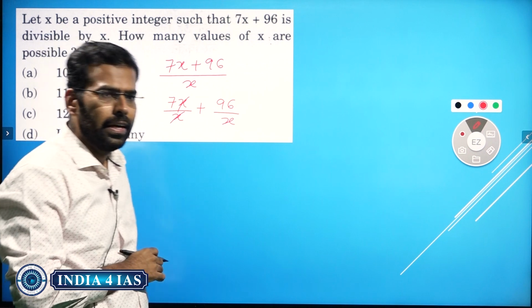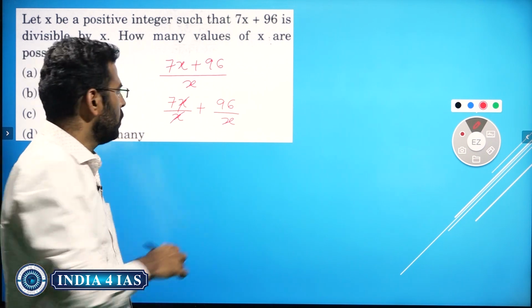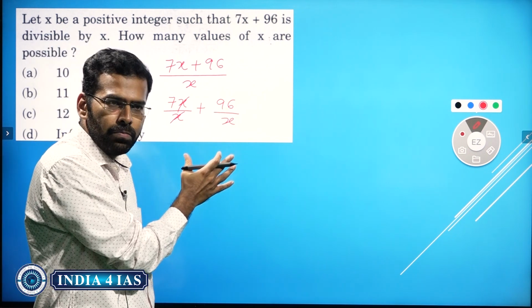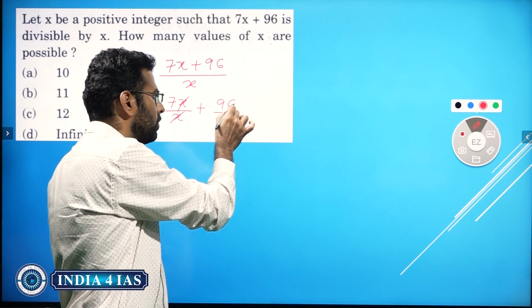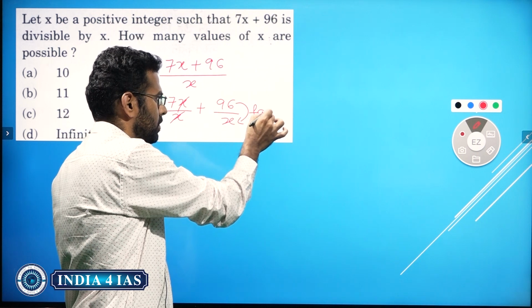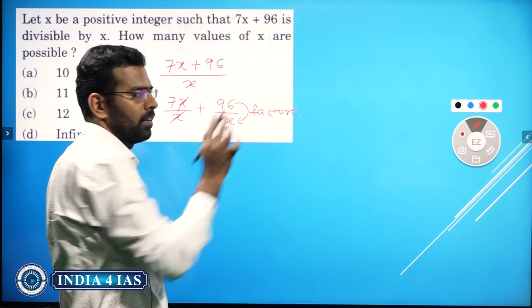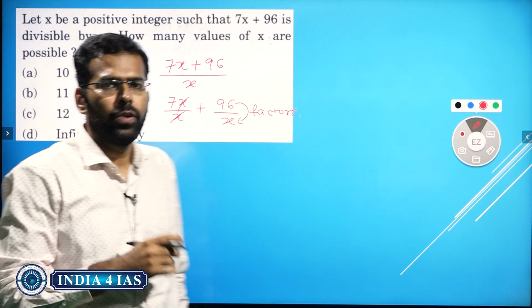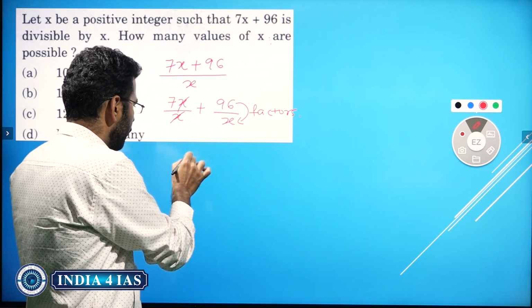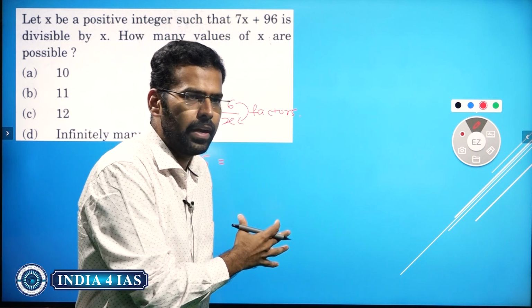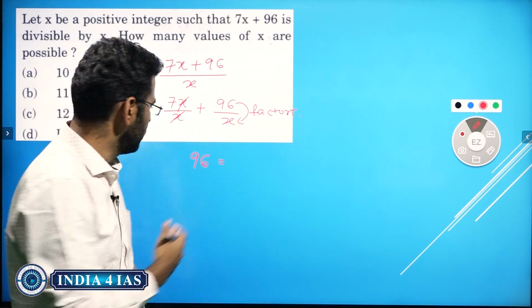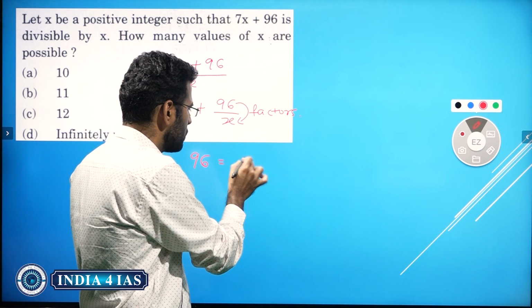Now, try to see here 96 by x. So, which are all the numbers which can divide 96 completely? That means you have to find out the factors of 96. How many factors are there for 96? How will you find out the number of factors? So, when you have a number, let's say 96, try to represent 96 in terms of its factors like this. For example, it can be written as 2 into